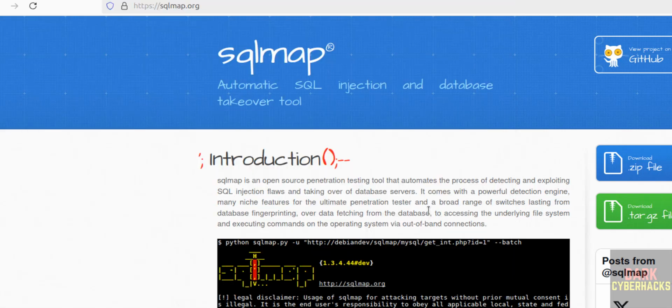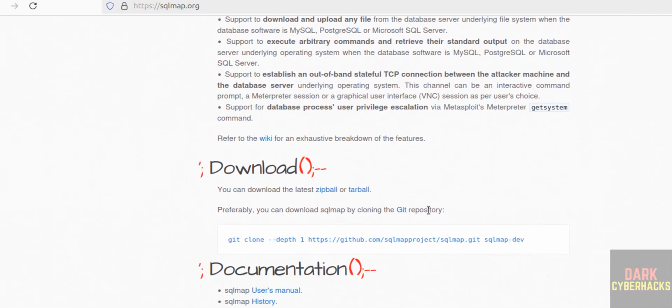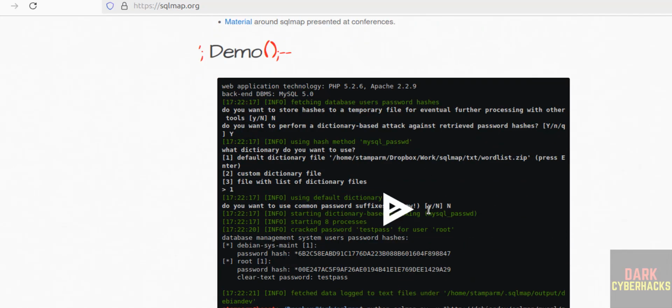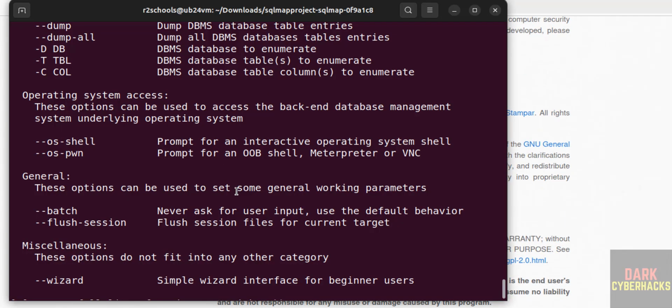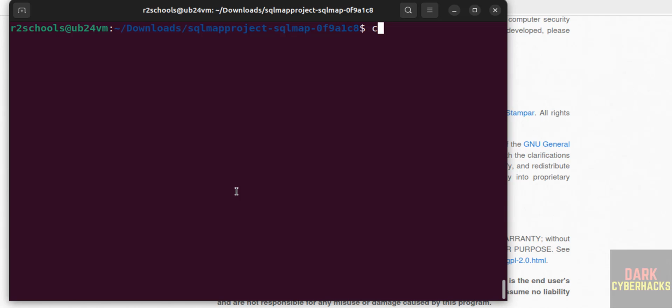You can also practice by going to this page. See here we have different options. Okay, this is one way. Otherwise, cd